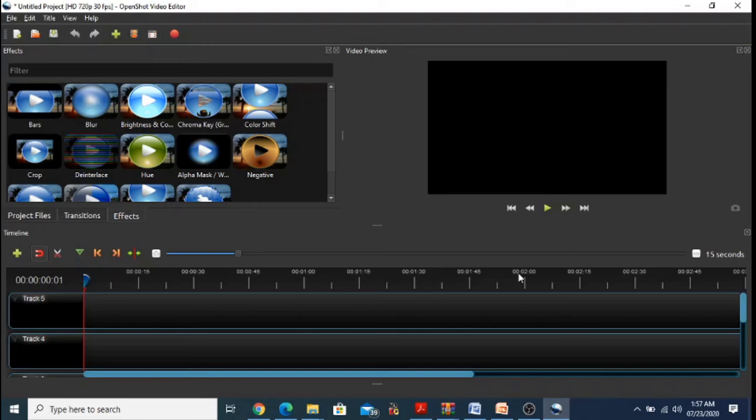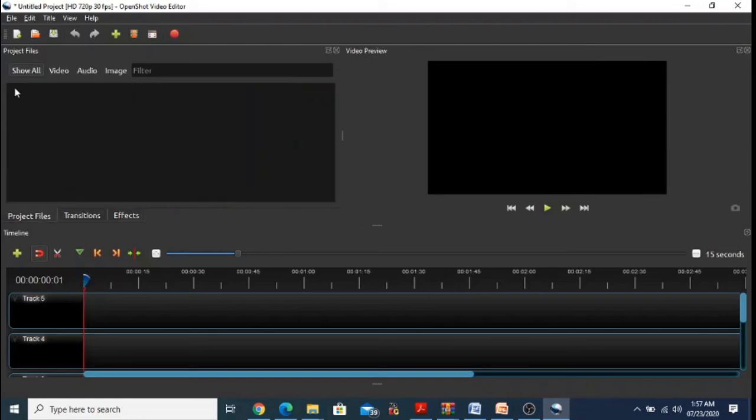Now the timeline visualizes your video project and each clip and transition in your project. Then you have these tracks. On whatever file you have to work on, from the project tab you have to drag those files on the tracks. You can have multiple tracks with you. Tracks are used to layer videos and images.